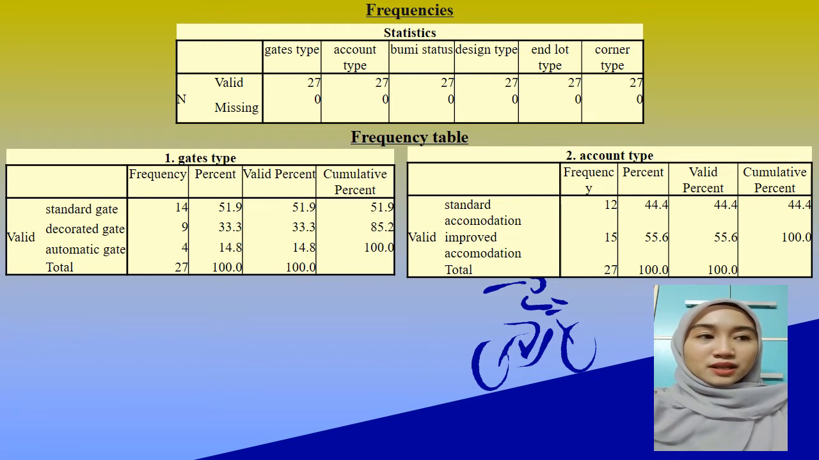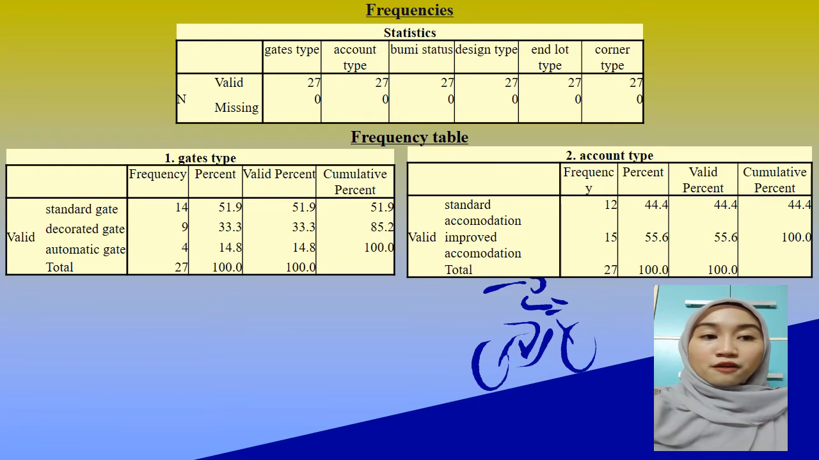Regarding the table above, it shows the statistics of frequency for some variables such as gate type, account type, Bumi status, design type, end-lot type, and corner type. First, frequency tables have been used to analyze the frequency for the gate type. As we can see, based on the table given, there are 3 types of gates, which are standard gate, decorated gate, and automatic gate. The frequency for the standard gate is 14 with